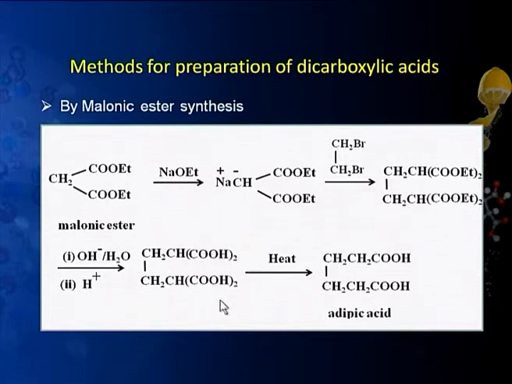These ester groups are hydrolyzed into corresponding carboxylic acids, which on heating undergo decarboxylation, and we get a larger sized dicarboxylic acid. So in this we have obtained adipic acid. Actually, one molecule of malonic ester ultimately leads to a 2 carbon residue like acetic acid, and 2 carbons were from this alkane. So in all we have obtained 6 carbon adipic acid. This method can be used for synthesizing various dicarboxylic acids, provided we have the required dibromoalkane.